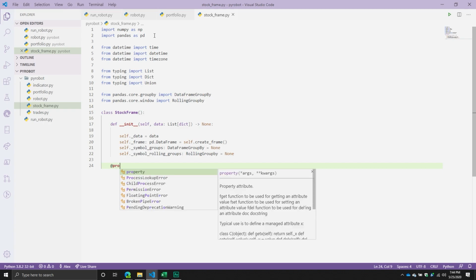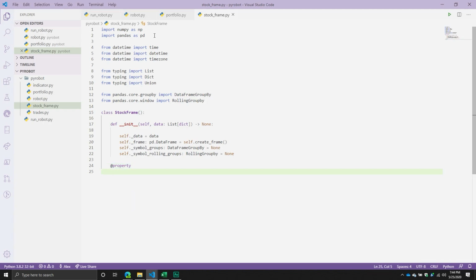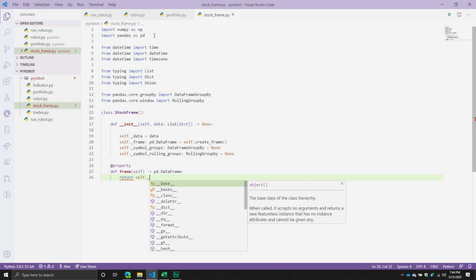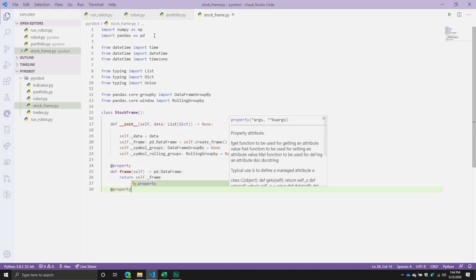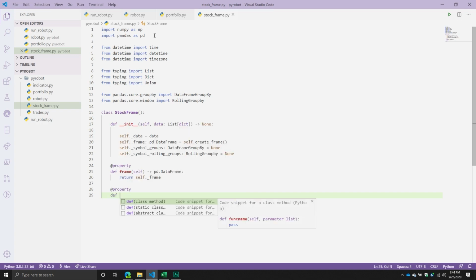And then from here, we're gonna use our property decorator to define a new property. That new property will be called frame. And with this one, it's just gonna return a pandas data frame. And more specifically, it's going to return the self._frame attribute that we defined up above. And then from here, we're gonna have another property decorator. And then with this one, it's gonna be symbol groups. And then, we don't want that underscore in the beginning. Don't need that one. And then this one, again, is going to return a